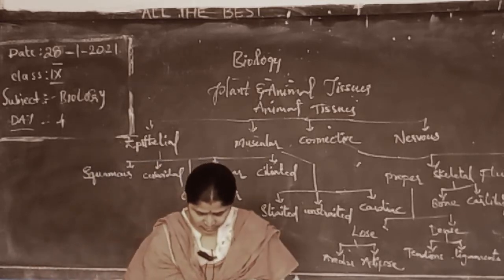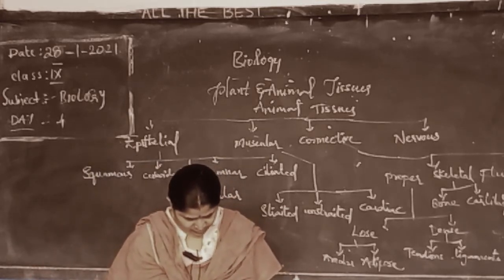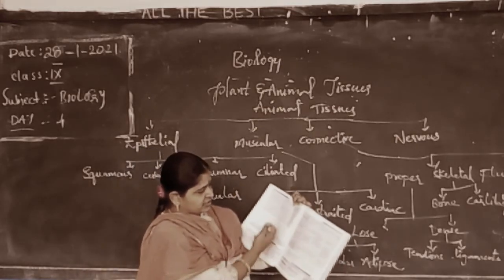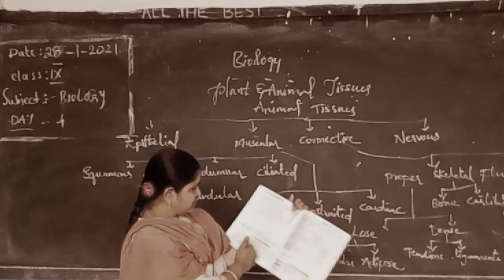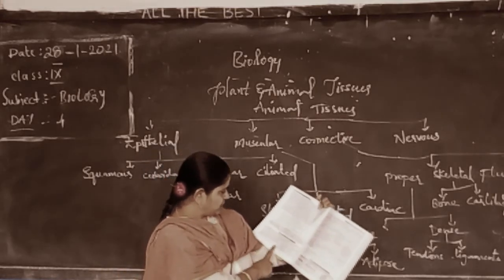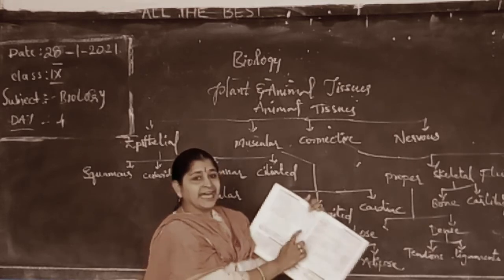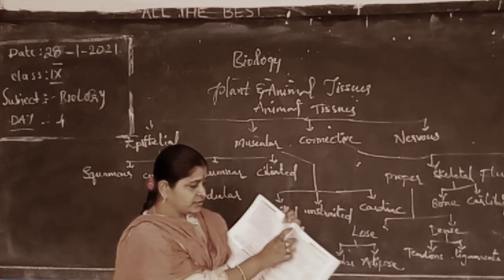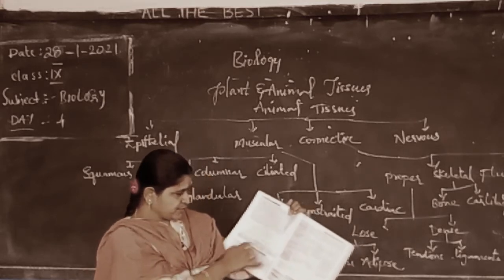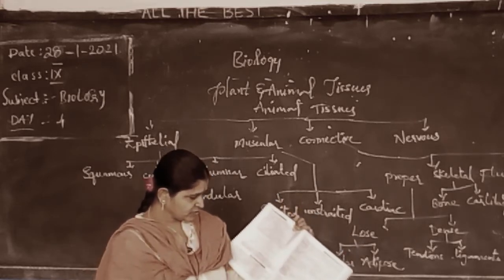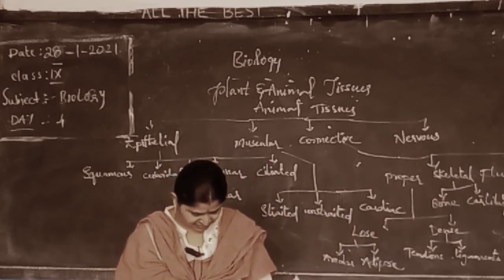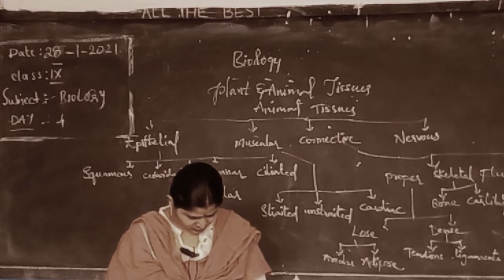And all of you just open page number 30 and you can see the total classification given there. And again, this description also covers squamous, columnar, ciliated under epithelial tissues. Okay? And the diagrams are very, very important here. So tomorrow, what you have to do is learn how to draw all the diagrams. Okay? And then muscular and connective tissue.